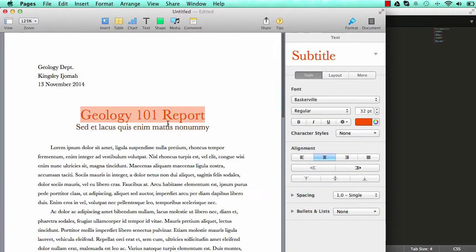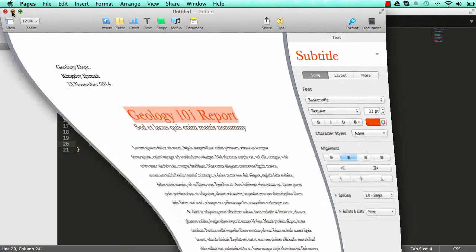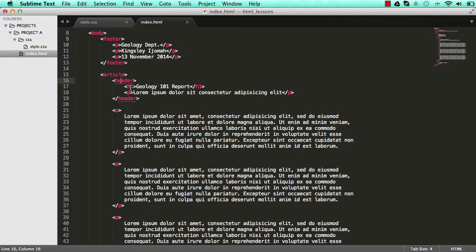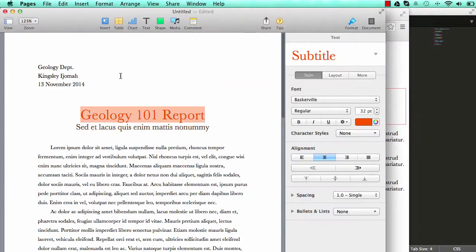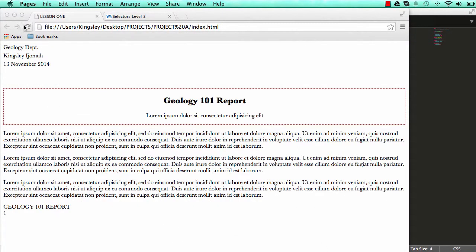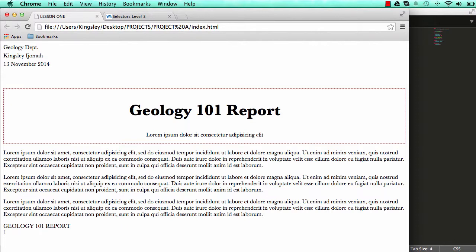So if we go back into our document, there are a few things here. We have a big H1. So if we go into our HTML, within header, we have H1. So we can target our H1 next. So now we can say within header, find our H1 child, and we want to say font size, we want to make it something like 44 pixels. And once we've done this, we could go back into our browser and we can reset. So we can see here that our H1 is nice and